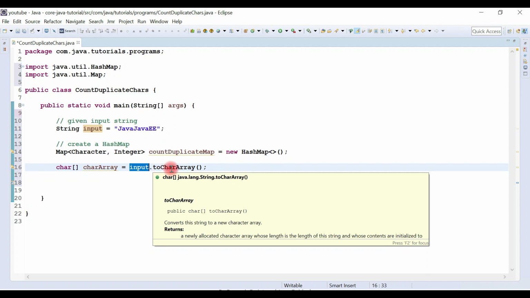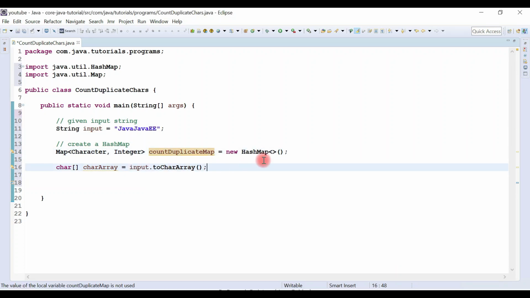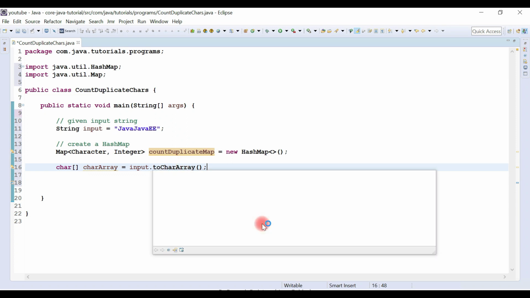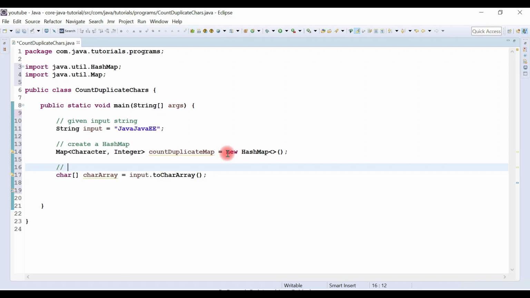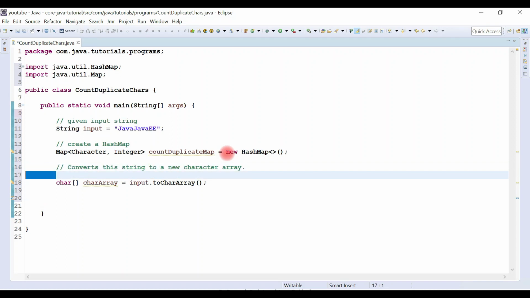So look at here, what this method does is it converts this string into a new character array. Alright, so we want to iterate over an array of characters, right? For that we are going to convert the string into a character array. So let me write the comment here, convert string into new character array.